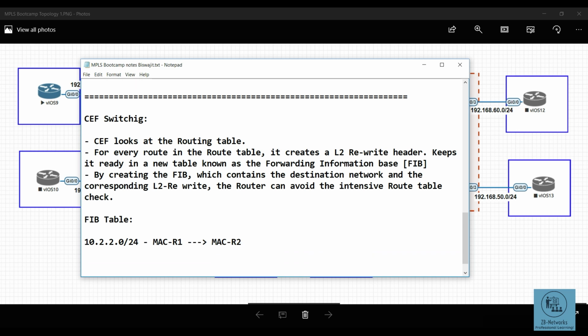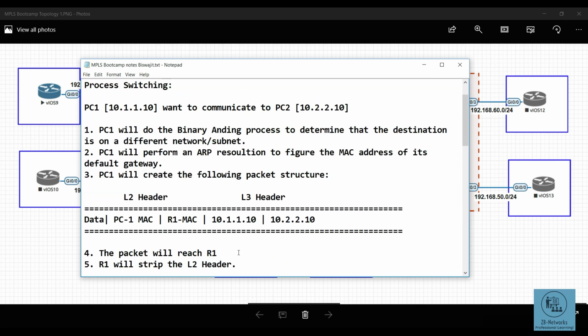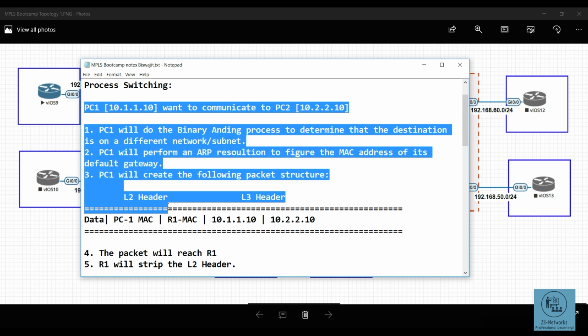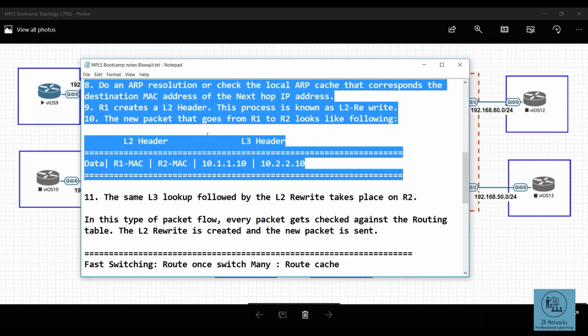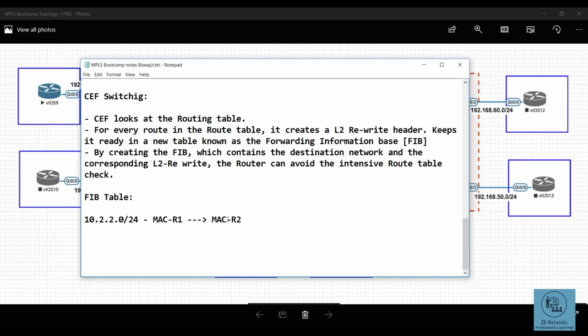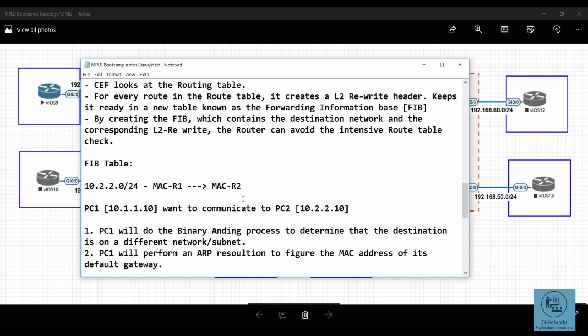Okay, now the same thing will continue. If I want to go back to the diagram over here, where PC1 wants to communicate to PC2, let me copy that. So let's understand the flow over here. If my PC1, which is 10.1.1.10, wants to communicate to PC2, so